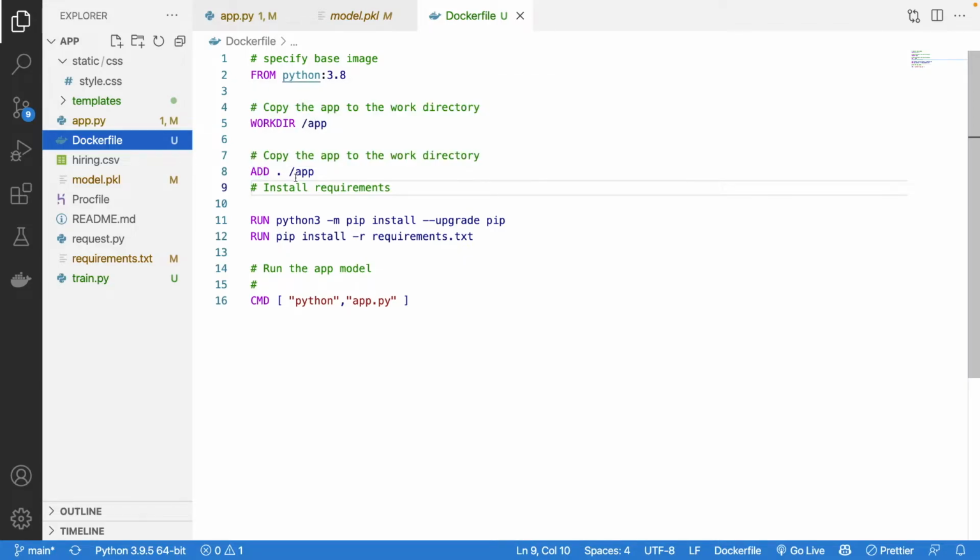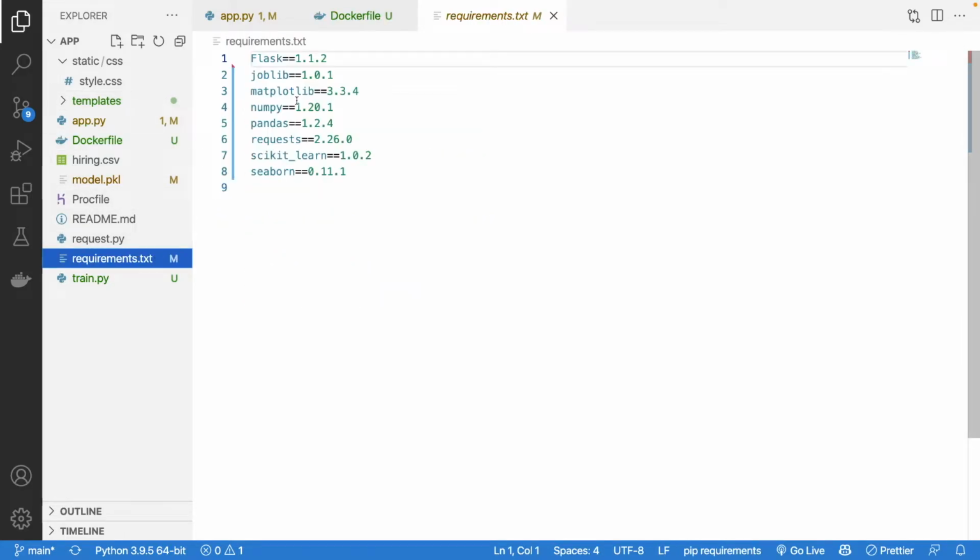Then we copy all the files which are in this folder into that app. Then we run the pip install --upgrade pip command, so that pip is always the latest. Then we install from the requirements.txt file, which lists all the modules you require for the application to run. This is how the requirements.txt looks.